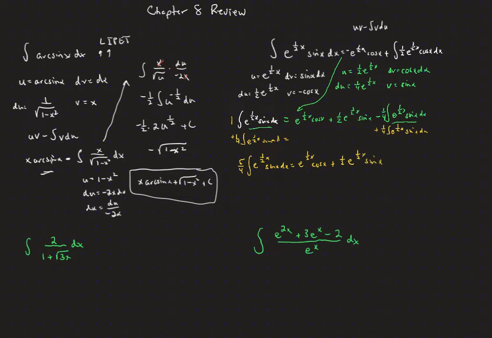So we're now going to multiply by the reciprocal, and so we're going to say our answer to this integral e to the 1/2 x sine x dx is going to be